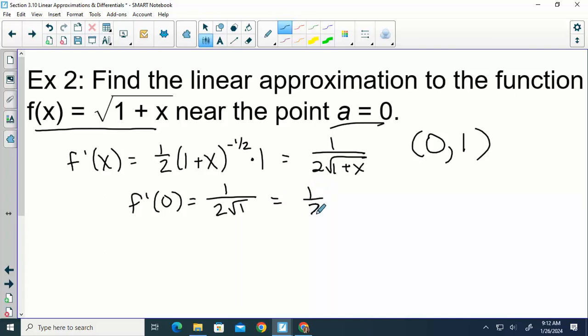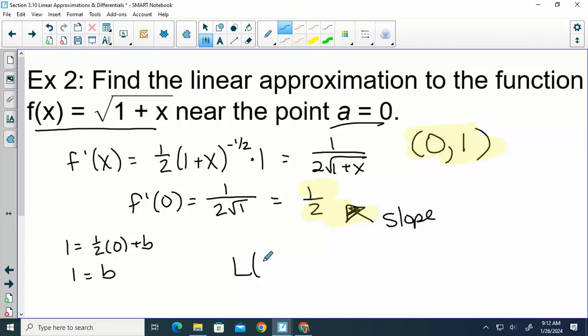So we get 1/2. So this is the slope. So now we have a point and a slope. So we can write the equation of the line. Y equals mx plus b. So our linear approximation is